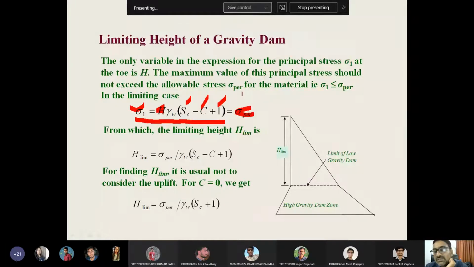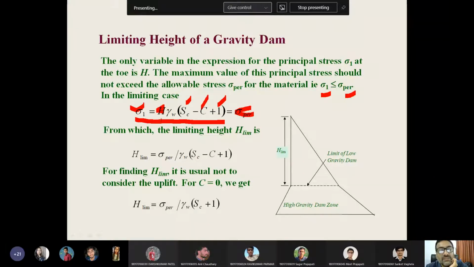So this allowable stress sigma permissible is fixed. I have shown you earlier that the values of permissible stresses are fixed. They are 1/3 of the values or strength, cube strength of the material. So this sigma 1 should be less than or equal to sigma permissible. So if we equate this equation of sigma 1 principal stress for the elementary profile, which we have calculated from the no tension, we can take also for no sliding criteria, the same almost similar result would appear.